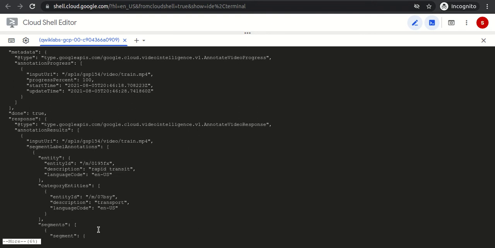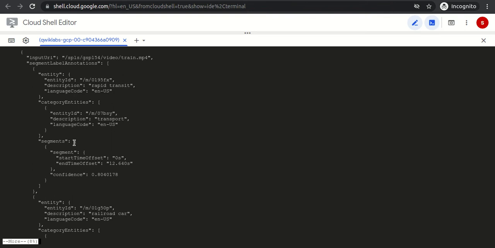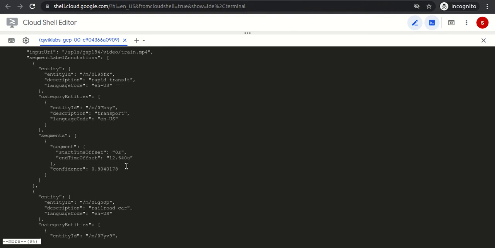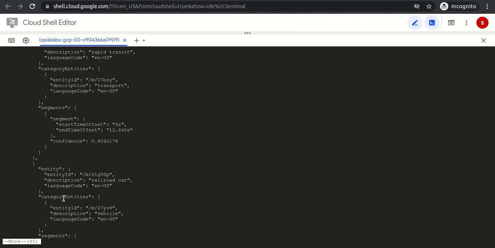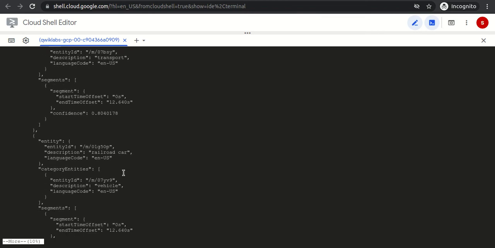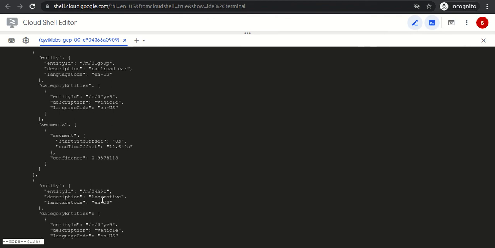If I scroll more, the start time is 0 seconds, the end time is 12.646 seconds. It is a railroad car, a type of vehicle. It is a category, a vehicle, and it is giving the confidence as well. Many more, it is a type of locomotive.